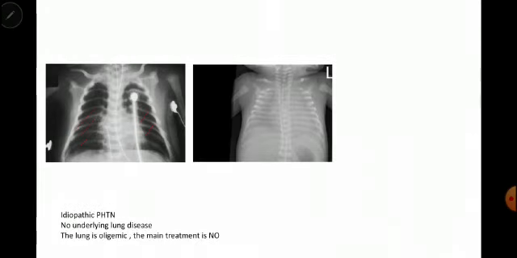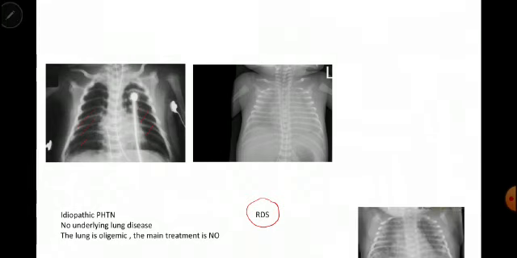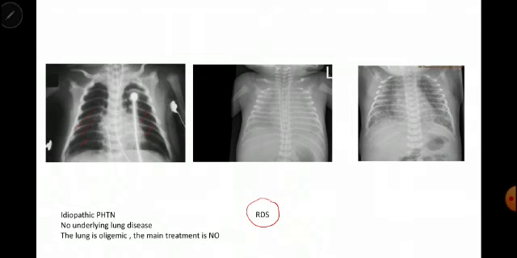But in this chest X-ray, there is a pattern of opacification that goes with respiratory distress syndrome. So we have to manage the respiratory distress syndrome and recruit the lung enough to manage the pulmonary hypertension. So the key of management in babies with respiratory distress syndrome or meconium aspiration syndrome, like in this chest X-ray, is to recruit the lung and to ventilate the lung well, and then to